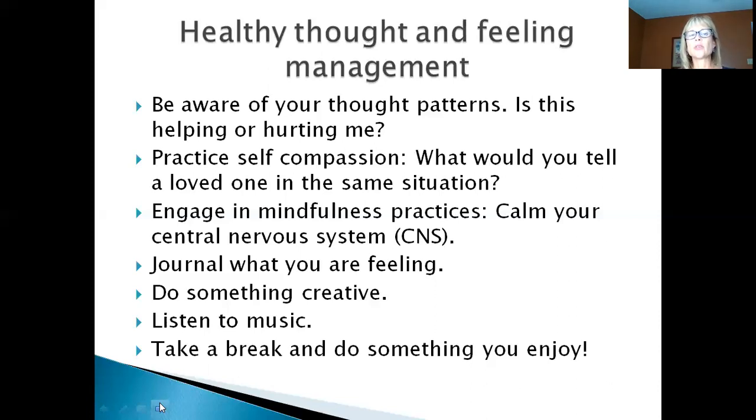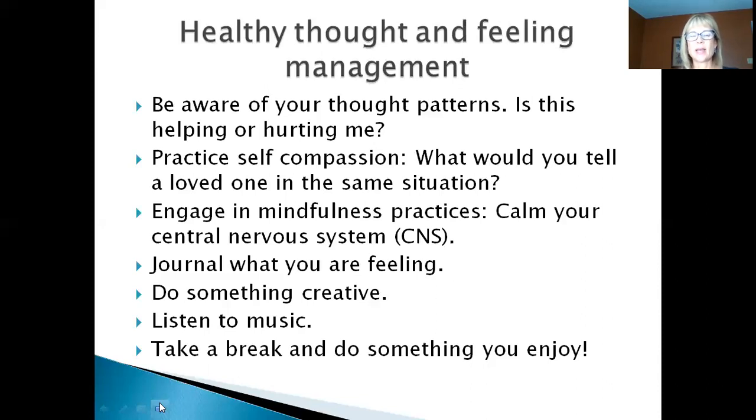And so if you're interested in mindfulness practices, there are different apps available, such as 10% Happier. Calm is another one that you might be aware of. Headspace is another one. A lot of them provide a free trial. So if you want to get into what that means in terms of mindfulness practices, there's an opportunity for you